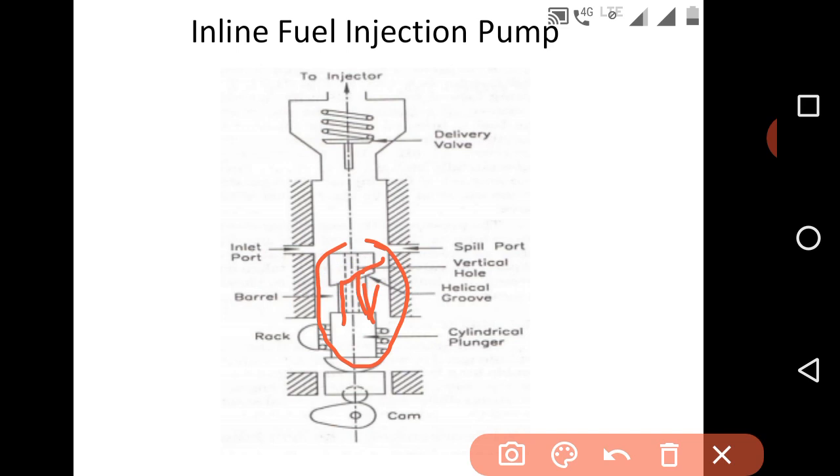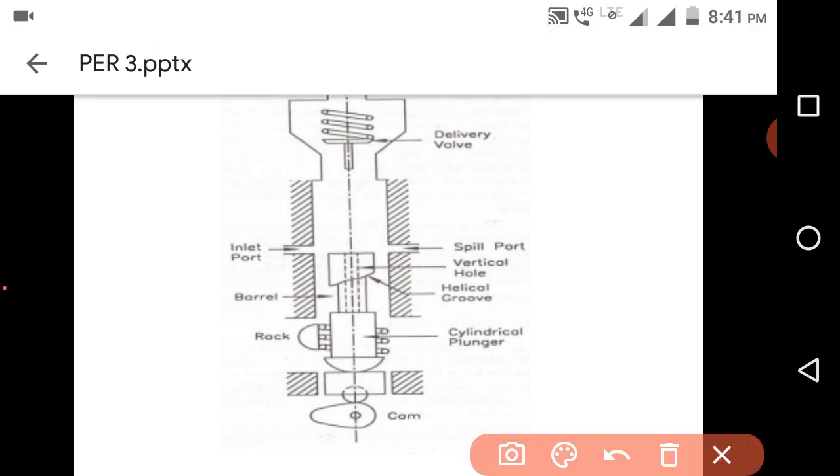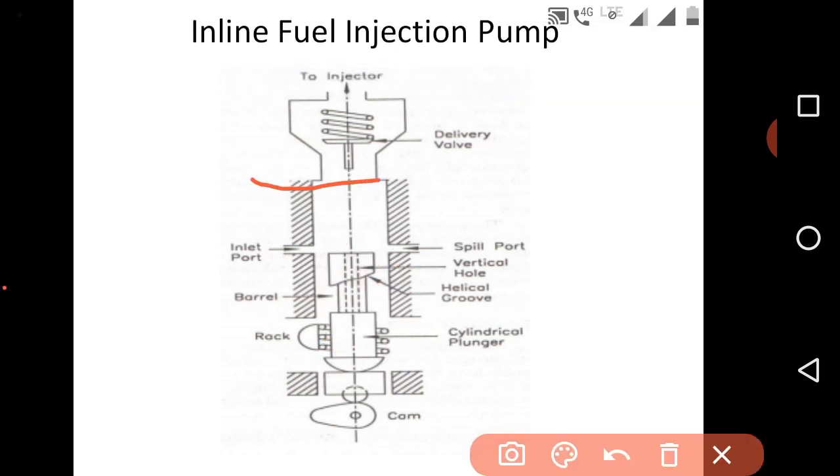When the plunger is moving from top dead center to bottom dead center, suction will be created, and due to this suction the fuel will be sucked inside the aluminum housing. And when the plunger is moving from bottom dead center to top dead center,